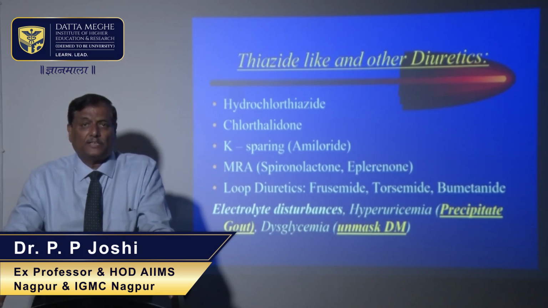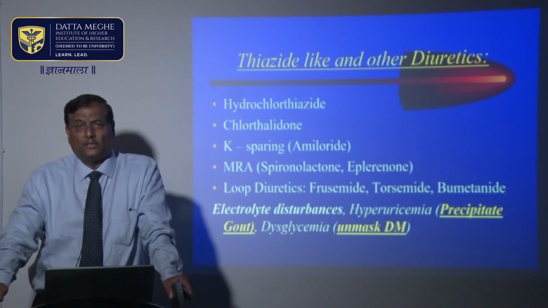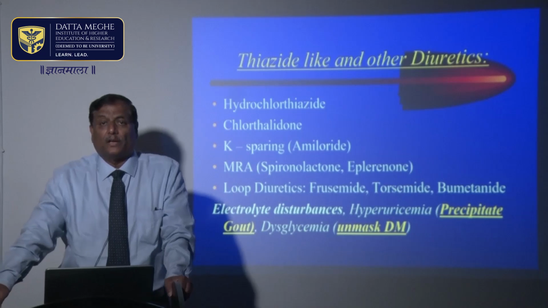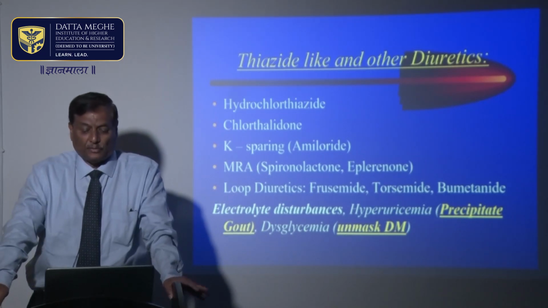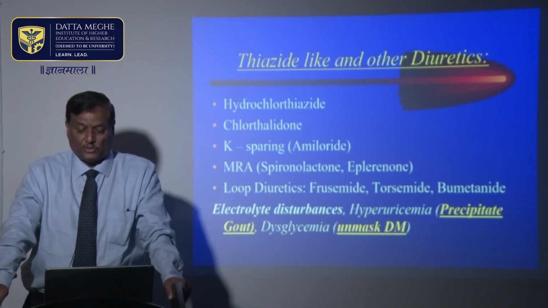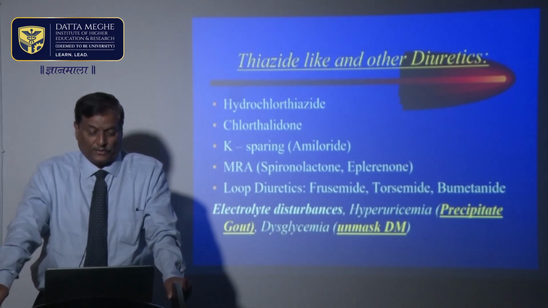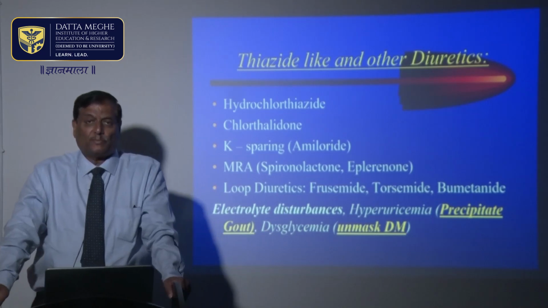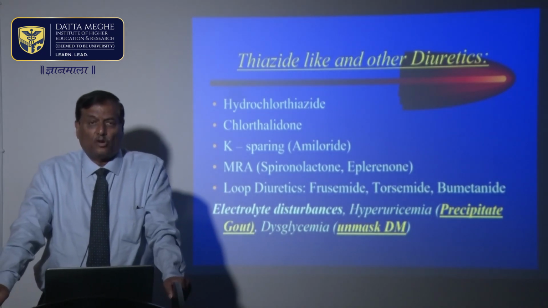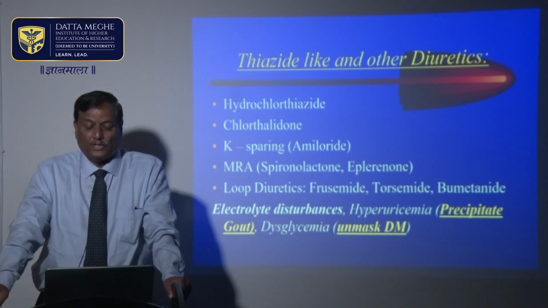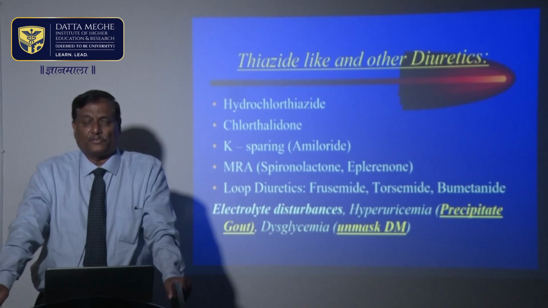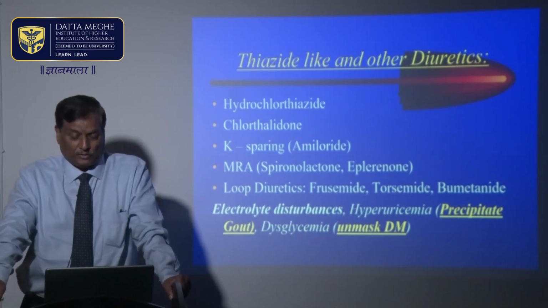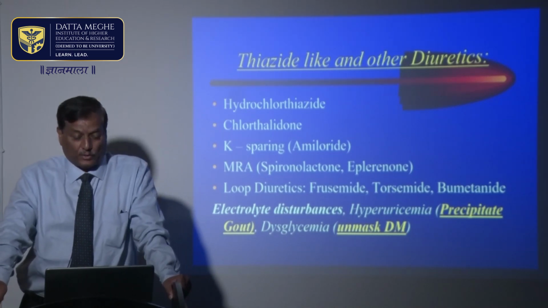They are mild diuretics that act on the DCT, and therefore are useful in patients who have hypertension, but stronger loop diuretics are used only in patients who develop heart failure or renal failure. There are drugs like potassium sparing diuretics such as amiloride, or mineralocorticoid receptor antagonists, which can be combined with loop diuretics or with hydrochlorothiazide in patients who have uncontrolled or refractory hypertension to control the blood pressure.